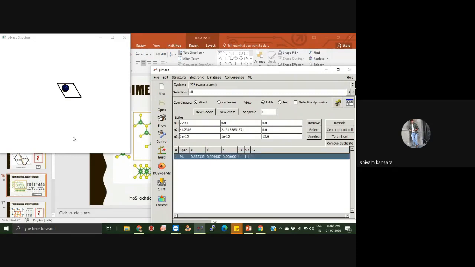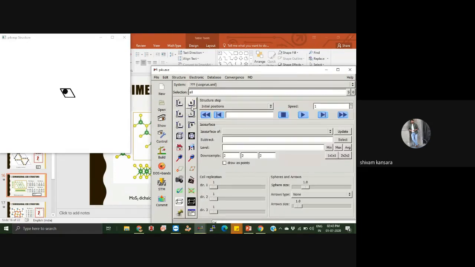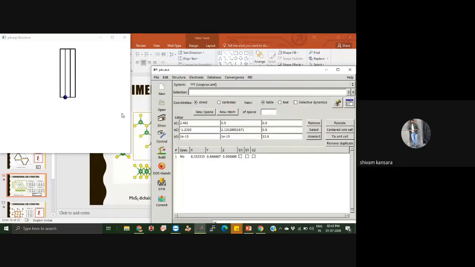And see, this is the Z dimension. The front view is only XY, and this is the Z dimension structure. We know the Z dimension. So MoS2 has one atom of Mo and two atoms of S, and Mo is at the center of the two S atoms. So let's take it. This is 3. This is the center one, Mo.